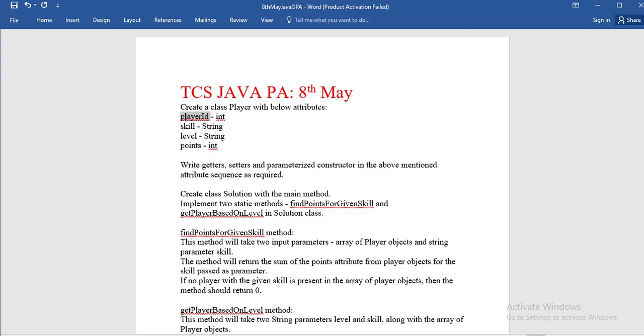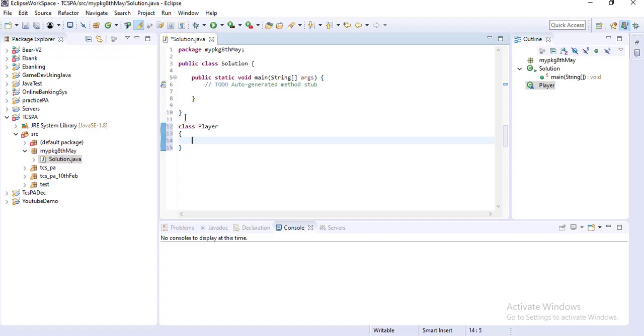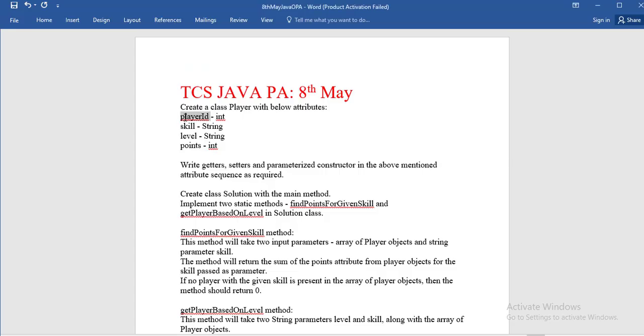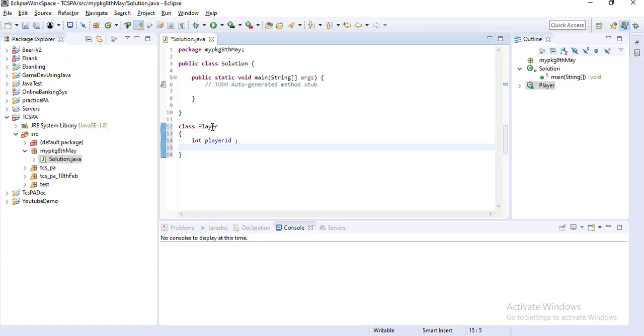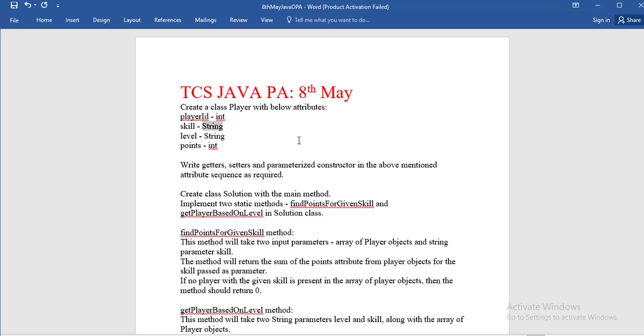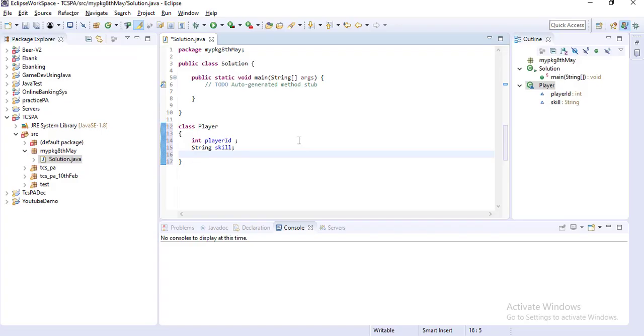One is player id, so int playerId. Then skill, which is string type, so String skill. Then String level. And then int points.